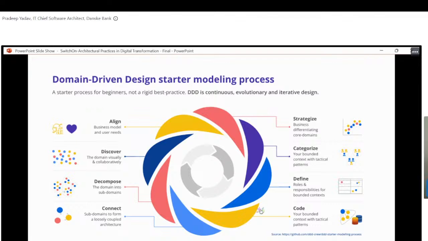We start with big picture event storming. We use it heavily, and in some places big picture use case modeling and storytelling are also good tools. Then we get into smaller teams at the next level of detail and start decomposing this, identifying subdomains, or you can say bounded contexts, out of it. And once we have that list with us, we